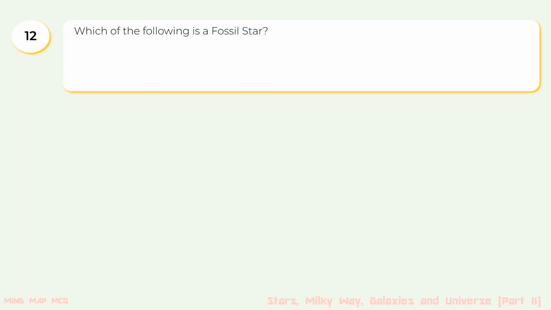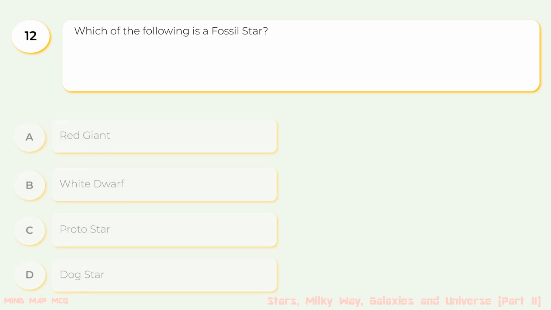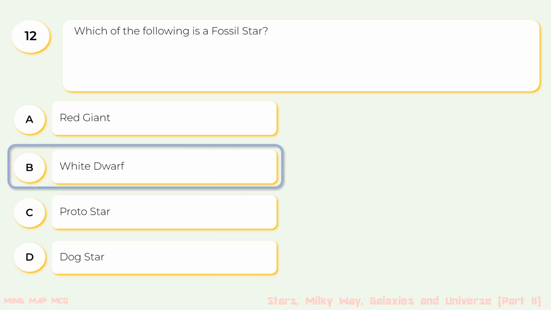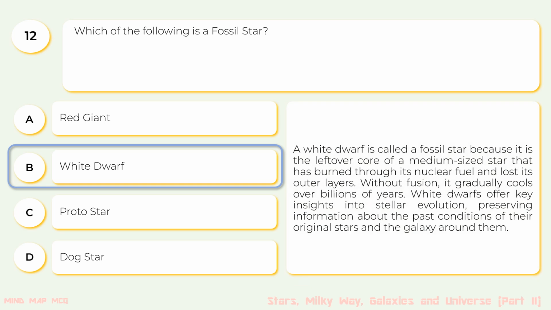12. Which of the following is a fossil star? The options are A. Red giant, B. White dwarf, C. Protostar, or D. Dog star. The correct option is B. White dwarf. A white dwarf is called a fossil star because it is the leftover core of a medium-sized star